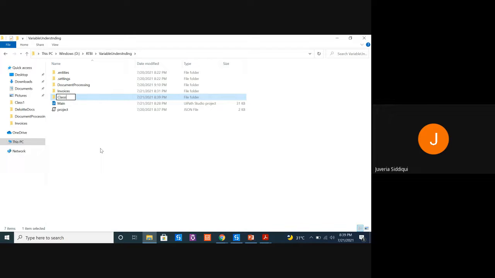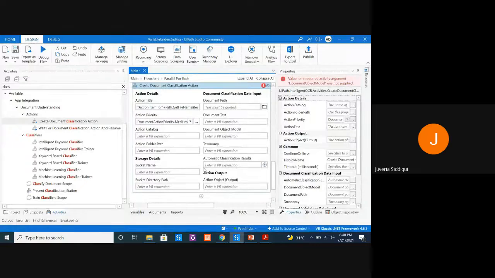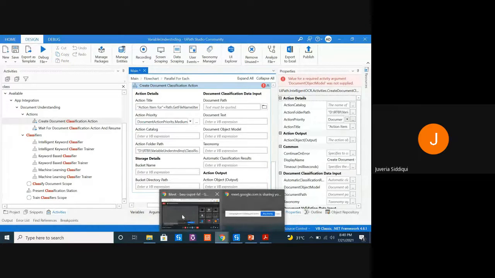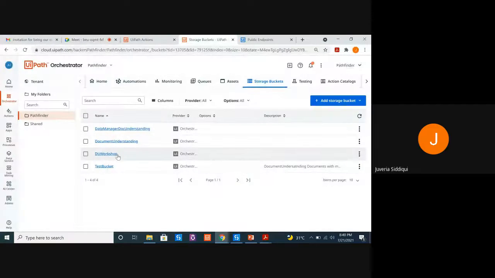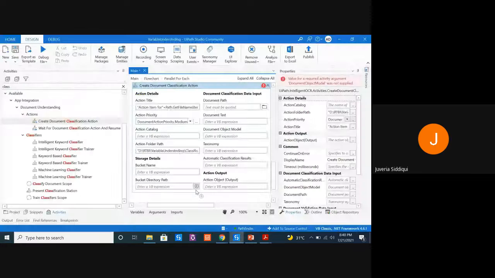I'm going to create an empty folder for that, and this is what I'm going to use. The bucket that I'm using is DU Workshop. Let's keep it default.